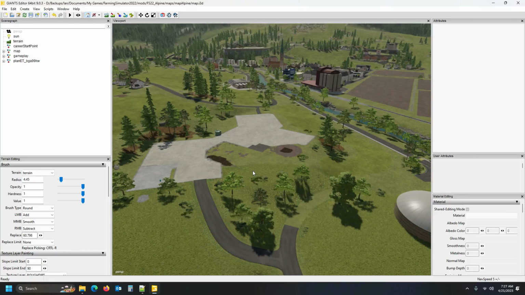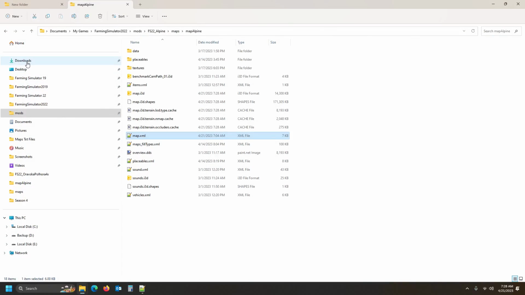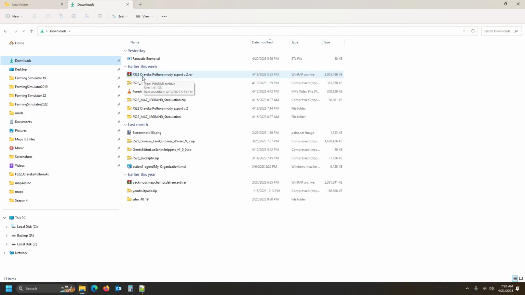The purpose of this video is how to get a new tree type. Now what we're going to do, I'm going to close this and just save it. Yes, I've downloaded the map for example. This map is called